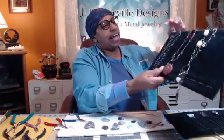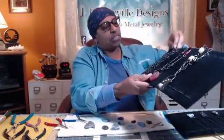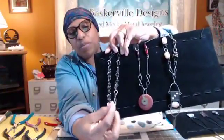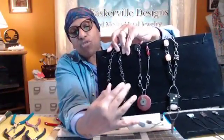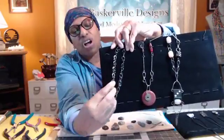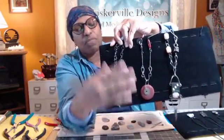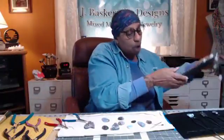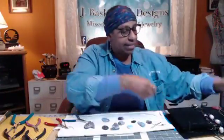The one here on the end is a chain that I made, and I just started wearing it again. But it's really nice to wear because it kind of rolls around and it feels good on. It's just like a nice finish. It feels good. But part of the finishing process with steel, I must say, is that it has to be